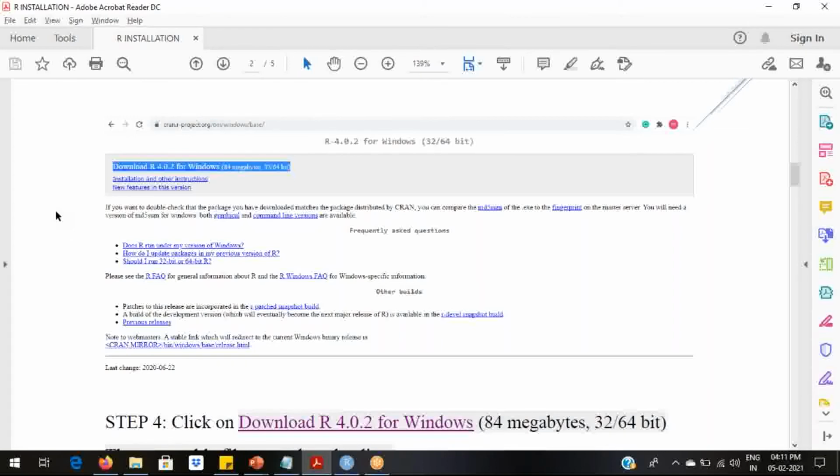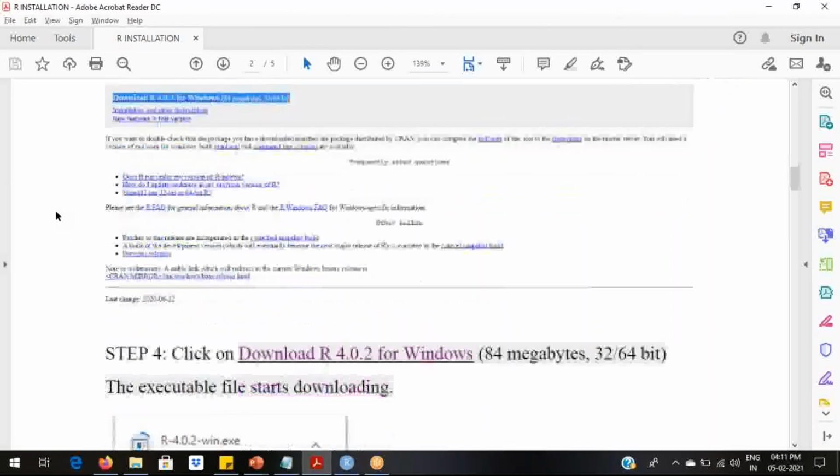So the current version that is available is 4.0.3. So when I prepared this document, 4.0.2 was available and hence I have mentioned so. So click on download R 4.0.2 or whichever is the latest version that the website shows for Windows.